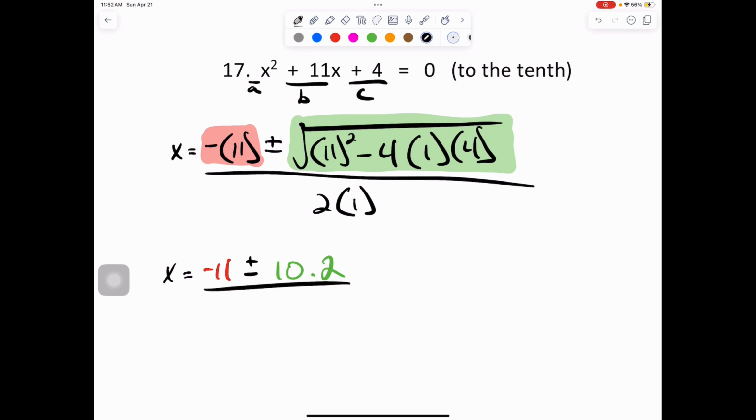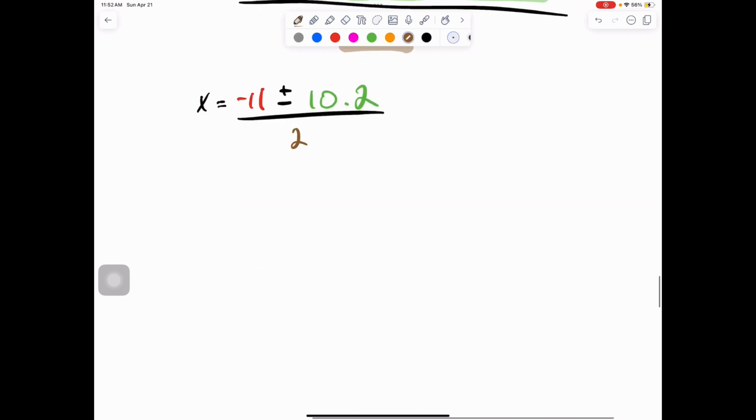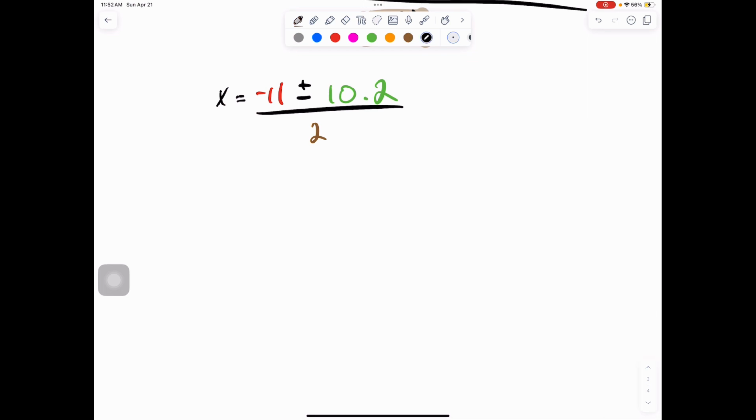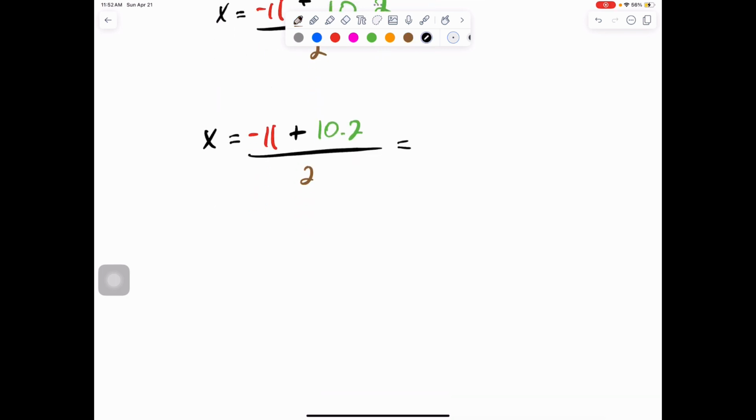And then we will set that over 2 times 1, which is wonderful job. It's a 2. All right, so let's just continue to push and plug along. We will break this up into 2 separate equations. X equals negative 11 plus 10.2 divided by 2. We'll put that in brown, and then we will write one more equation with it as x equals, and I'm just going to go ahead and put that in there, negative 11 minus 10.2